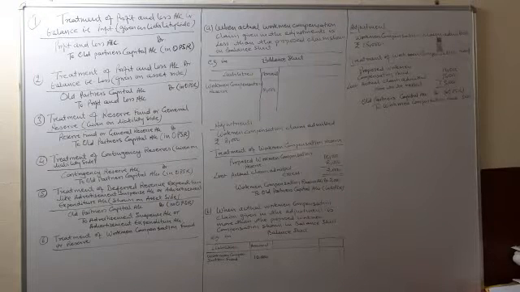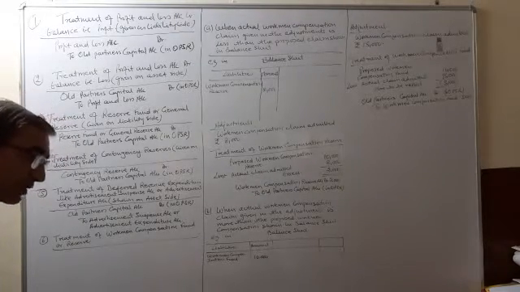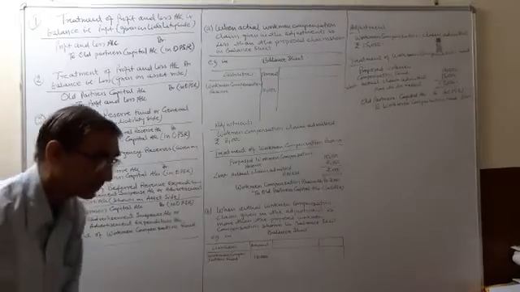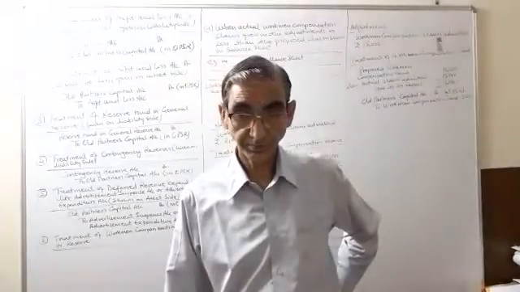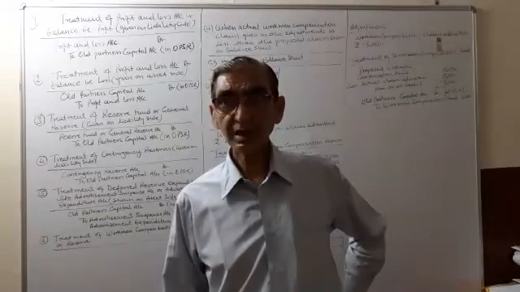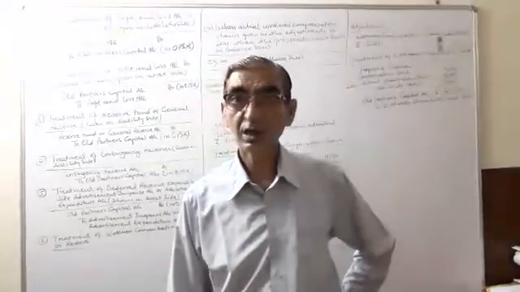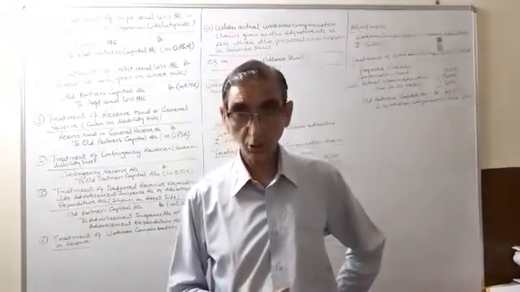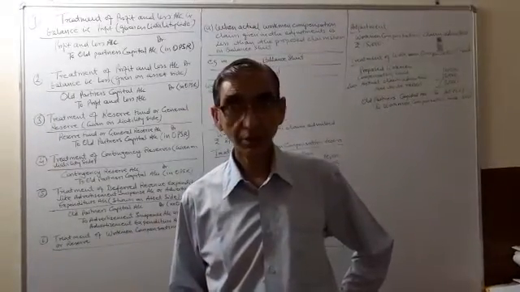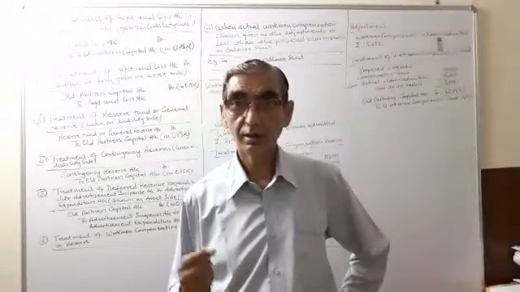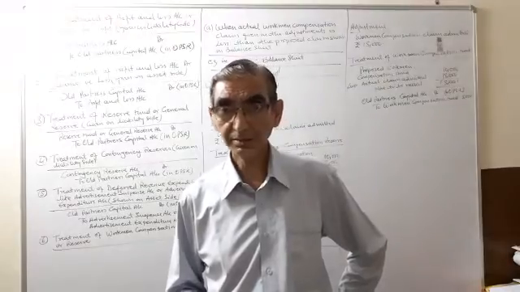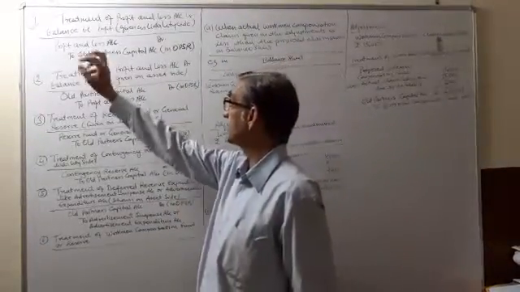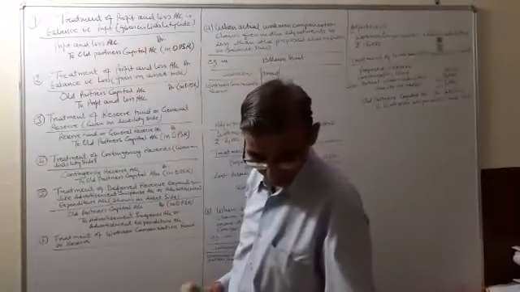So children, today we are going to discuss the treatment of accumulated profits and losses and workman compensation fund or reserve. Your accumulated profit and losses comprises of the profit and loss account, that is the profit earned or the losses suffered, which are shown in the balance sheet, the reserve fund, contingency reserves. It's clear? So first we will take treatment of profit and loss account,